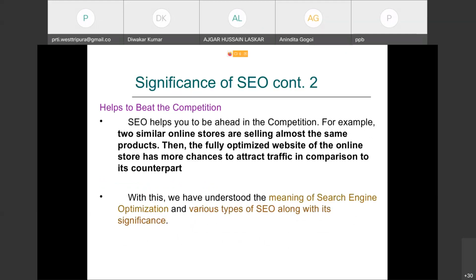Help to beat the competition. Search engine optimization helps you to get ahead in the competition. For example, if two online stores are selling almost the same product,